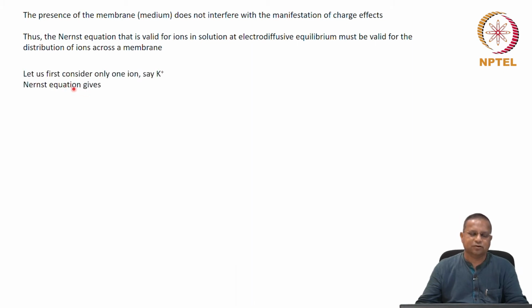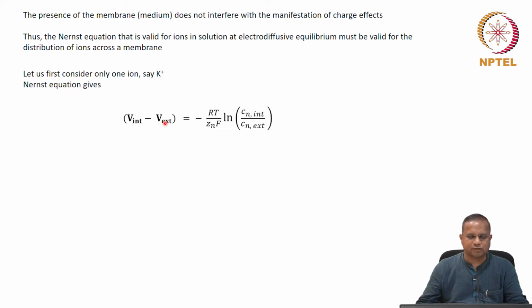Let us consider only one ion, say potassium, first. Let us develop our understanding with one ion, and then we can extend that to the relevant ions. There are not many, by the way. The Nernst equation gives, just direct application of the Nernst equation, the potential in the intracellular space minus the potential